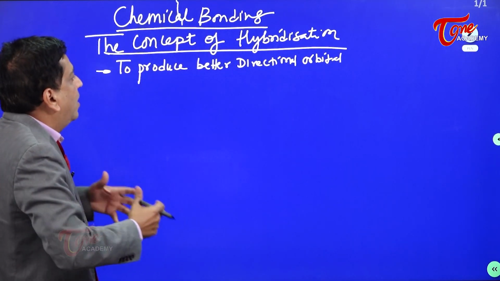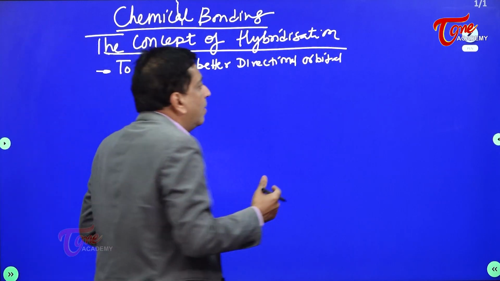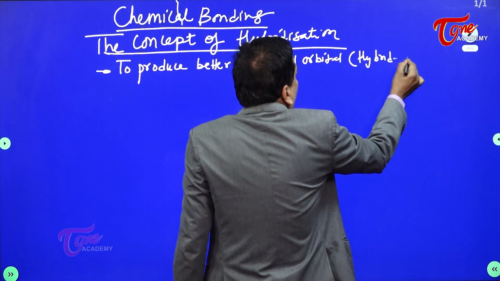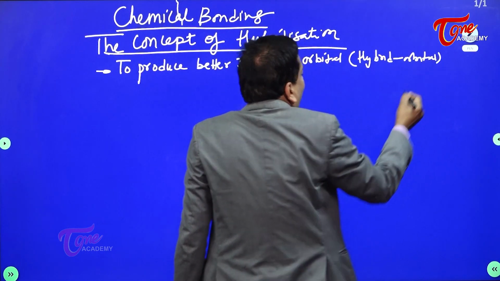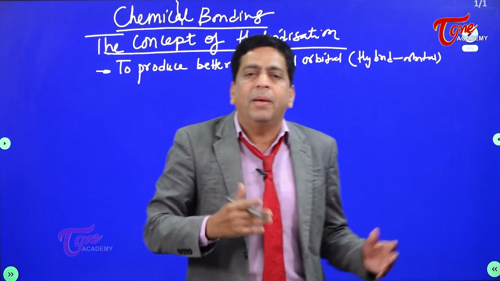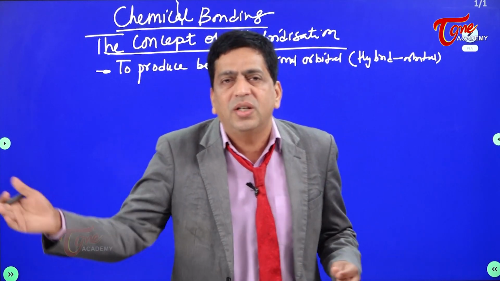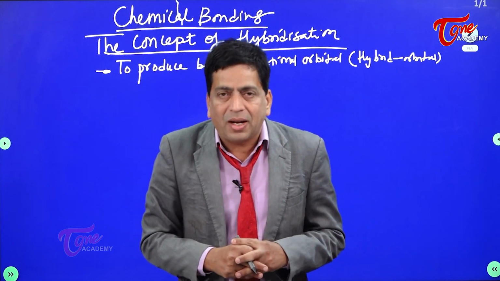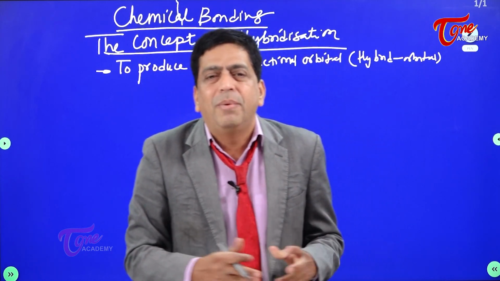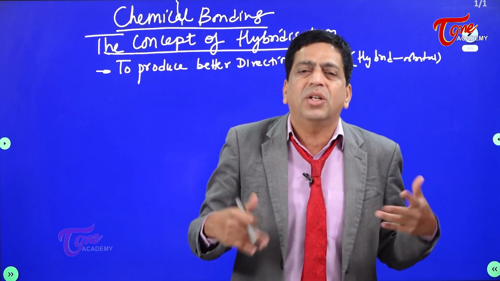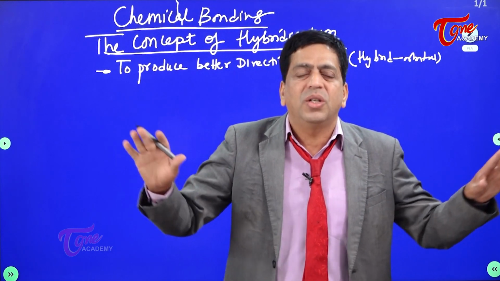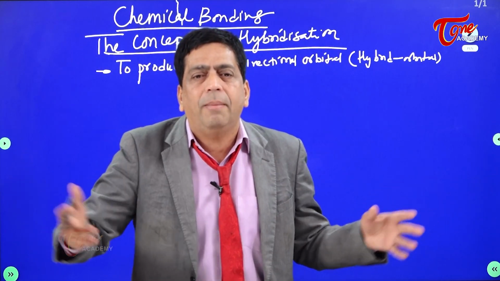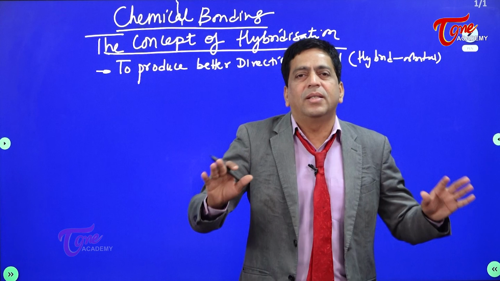To produce better directional orbitals. These are called the hybrid orbitals. You must understand. So basically he is telling that the hybrid orbitals have better directional properties than your atomic orbitals. So in the simplest of language, before bonding itself, everything is fixed. The orbitals are sitting in a position, the bond angle is fixed, then you are inviting the partner for coming off or overlapping. That is the basic idea.